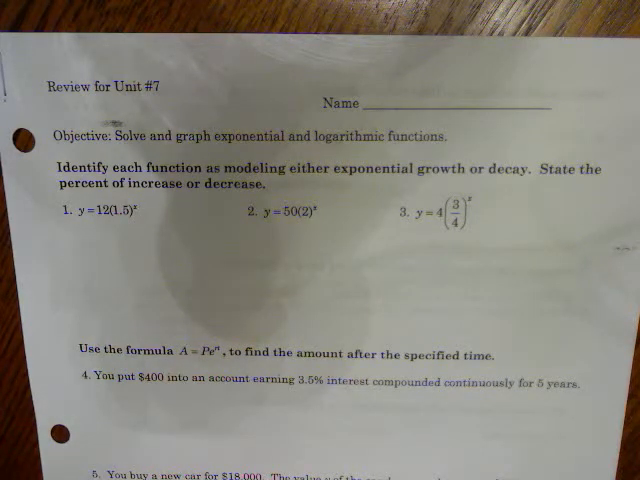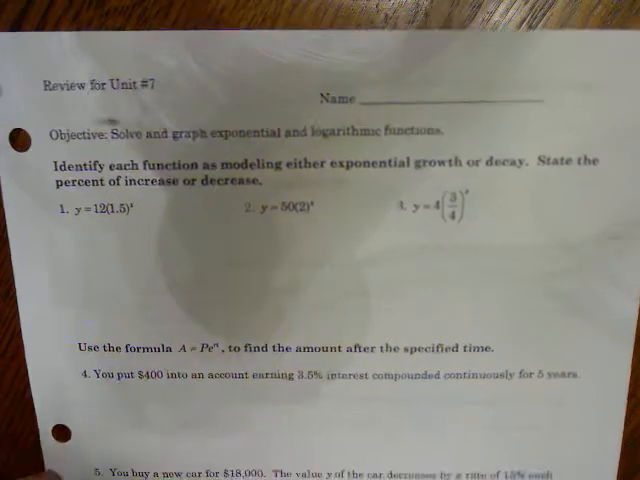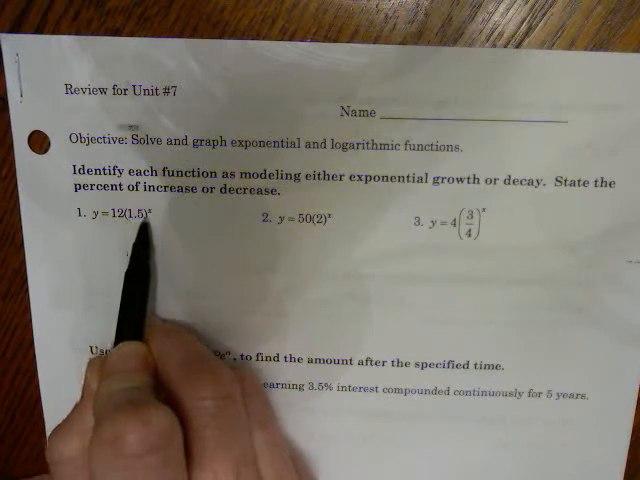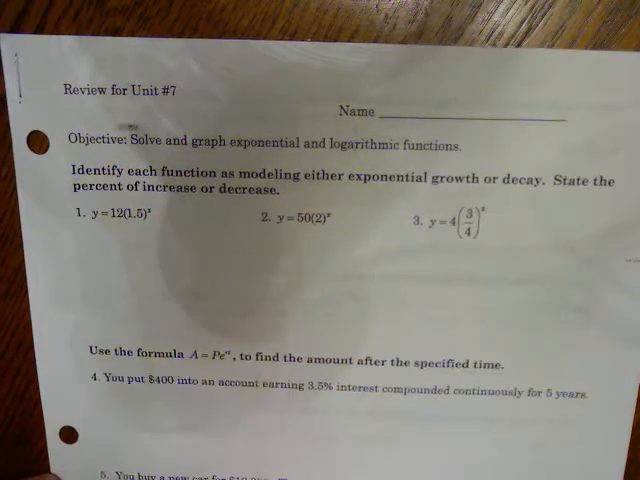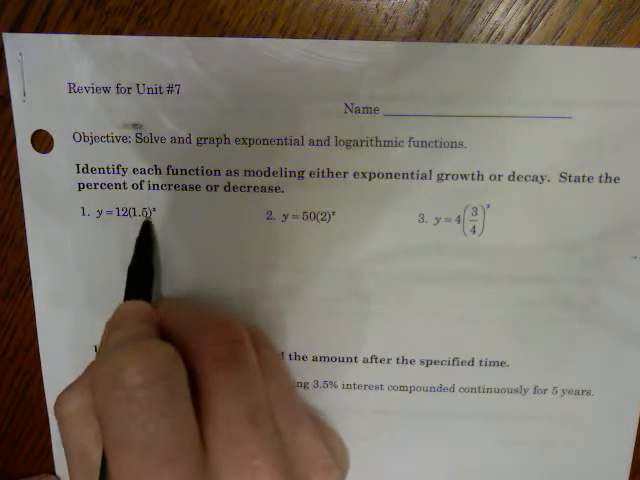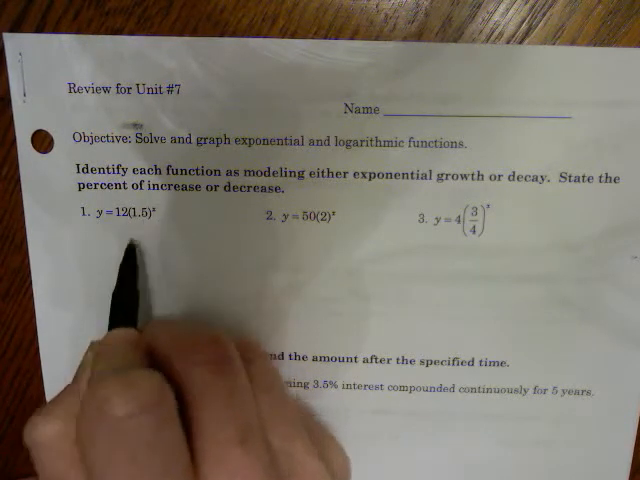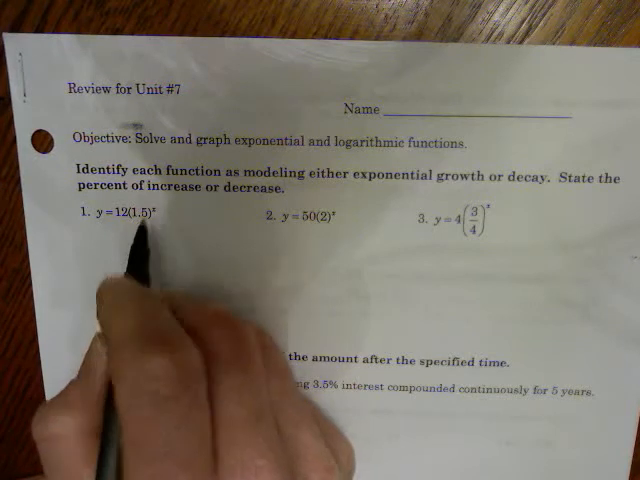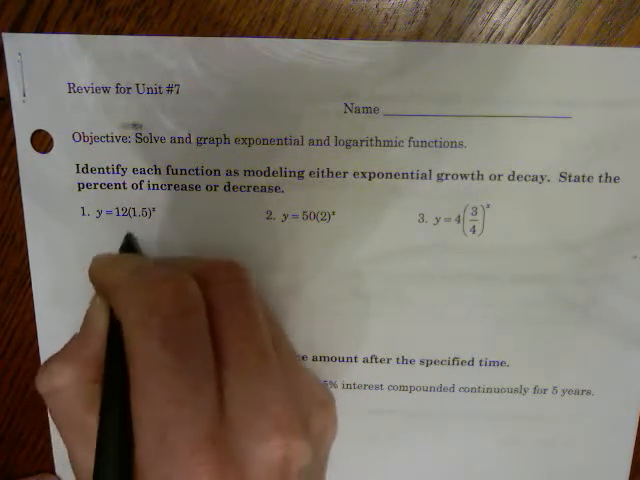This is the review for Unit 7, Logarithms. In the first 3 questions, all it asks for is whether this is an increasing or decreasing exponential growth or decay function. If you look at the base of the exponent, that will tell you whether it's growth or decay. If the term being raised to the exponent is greater than 1, it's always going to be growth. So this is a growth,